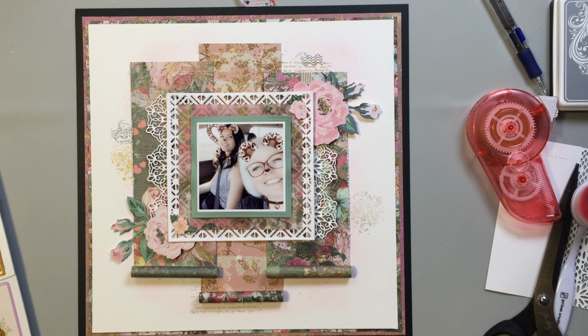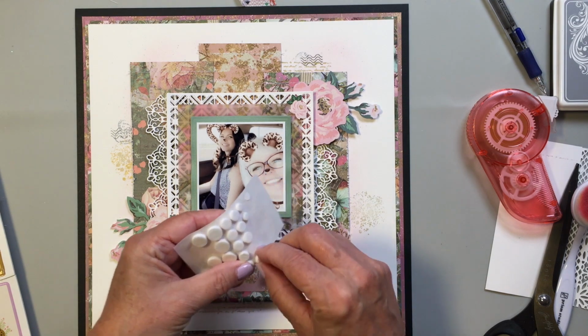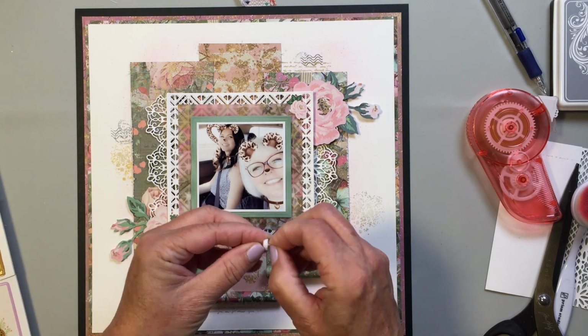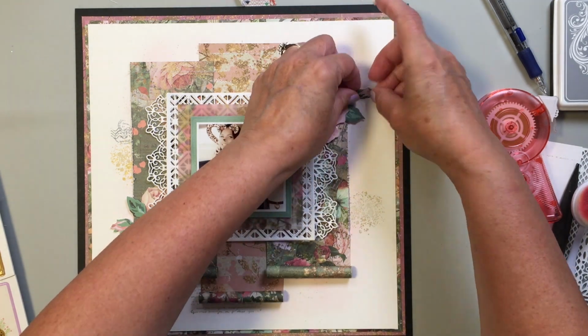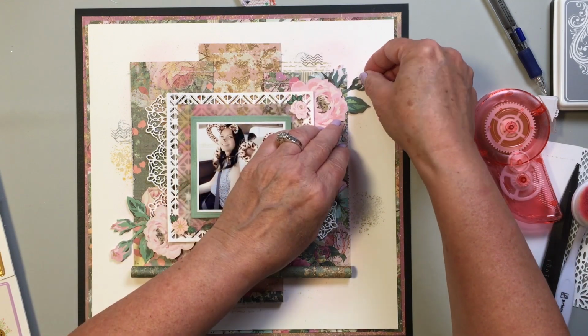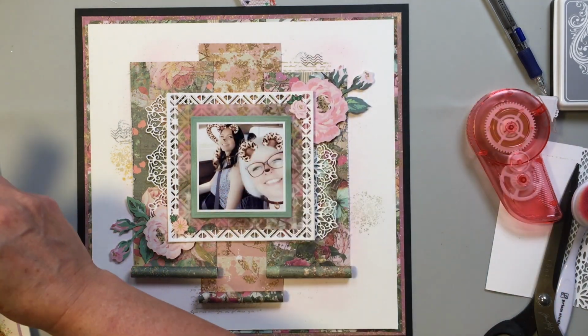And at this point, I think I was looking for some adhesive that's a little bit thicker. I really wanted to use the Sticky Thumb foam dots from American Crafts. I like them because they are super, super thick. And wherever you need a little bit of extra dimension, those are a really great adhesive to have in your stash. So I'm just going to go ahead and add those in some of the areas